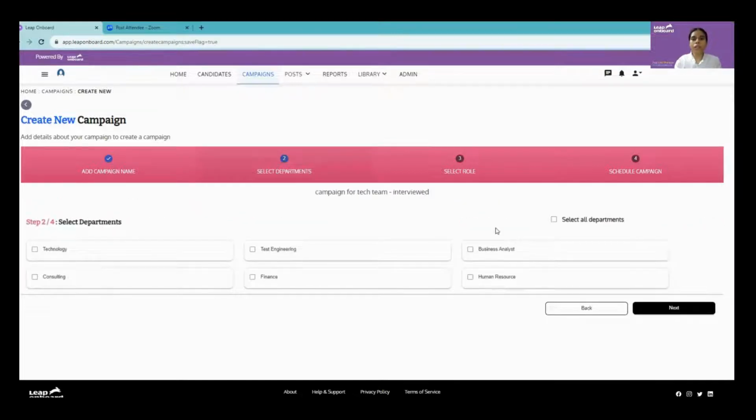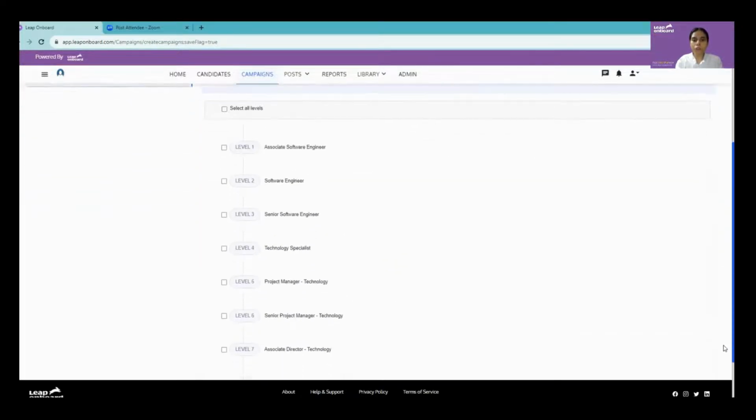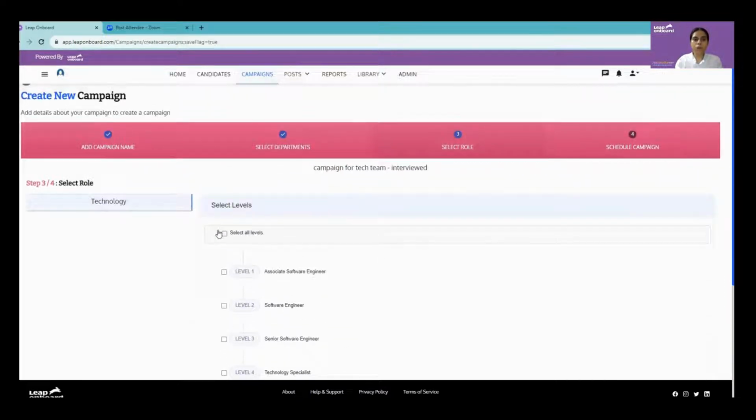And once you click on next, here you will have the flexibility of choosing which department you want to create this campaign for. You can choose any specific department or even choose all the departments. We will be choosing one specific department here. Under the department as well, you will have an option to choose which level of that department you want to create this campaign for. You can choose any specific level or you can choose all the levels